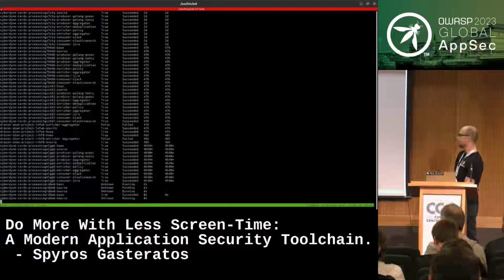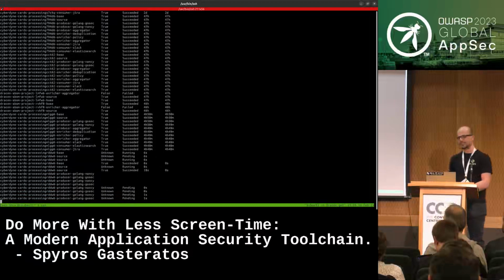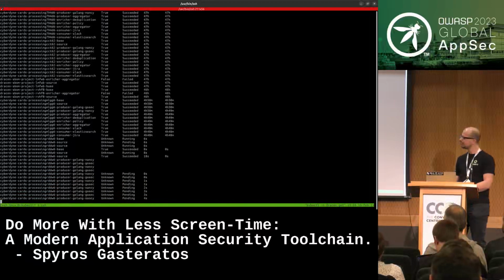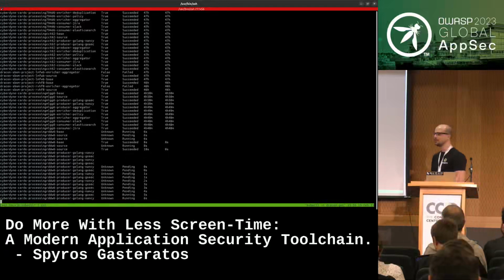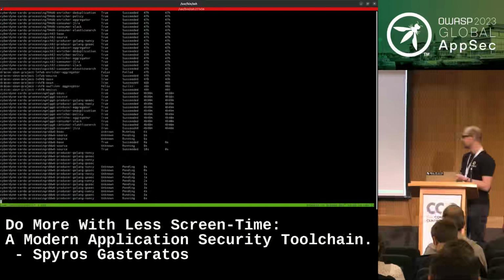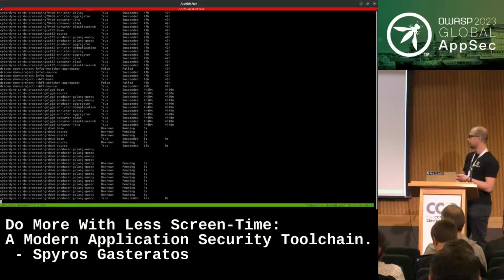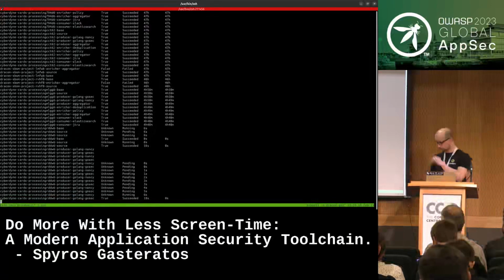Dracon is cloning a repository. I think it's OAuth2 proxy. No, it's the Go vulnerable web application, because, well, we need to see some results, right? If we scanned critical infrastructure and saw the results in real time, it would not be cool. So cloning has finished. It's running Nancy and GoSec. GoSec has finished. Nancy needs to download the CVE databases, so it's going to take a while, but it's going. And while this is running,